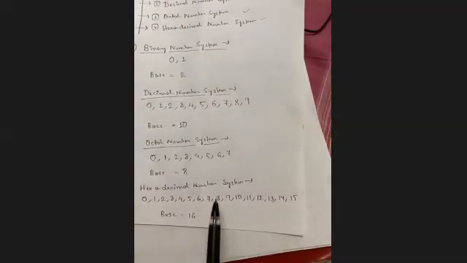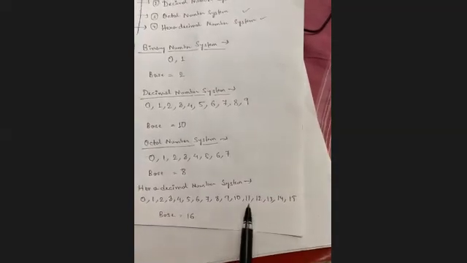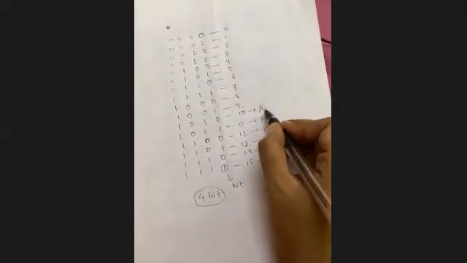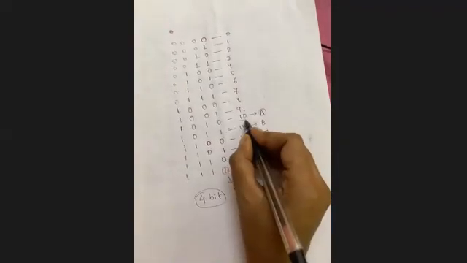But after 9, we don't call it 10, 11, 12, 13, 14, 15. Rather, we call it A, B, C, D, E, F. So whenever you see A, you will automatically understand this is nothing but 10.